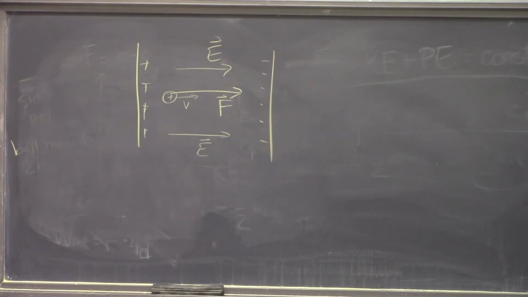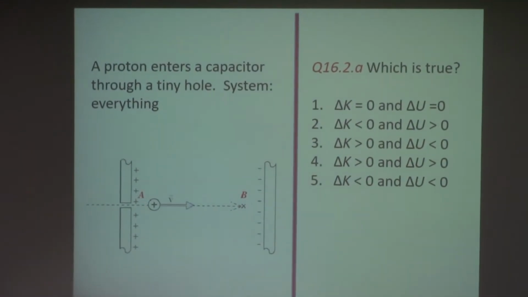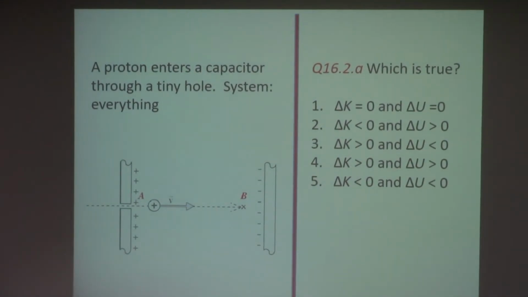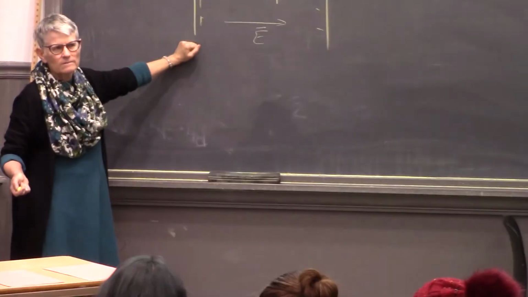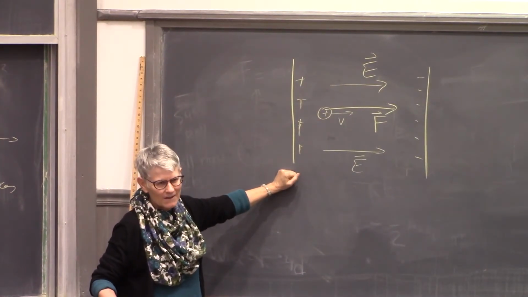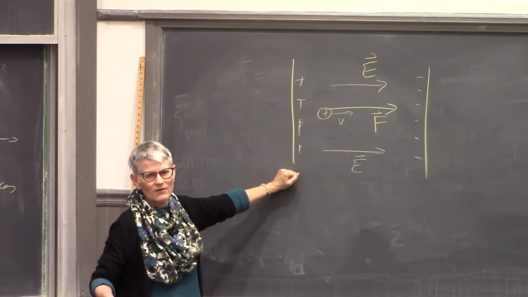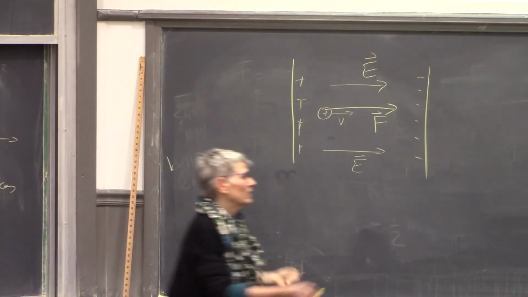System is everything, right? But what's happening to the proton? What's happening to its speed? It's increasing, isn't it? What's happening to the speed of the capacitor? Nothing, right? It's not changing. Okay? So what happens to the kinetic energy of the system? It increases. Yeah, so delta K